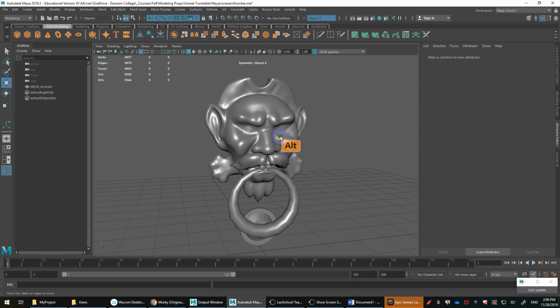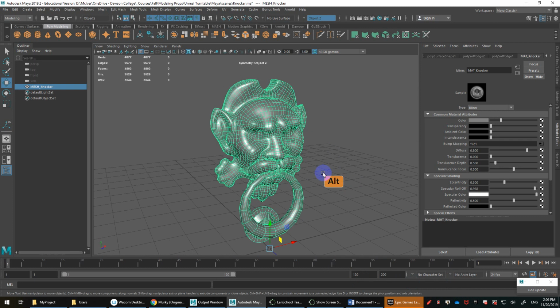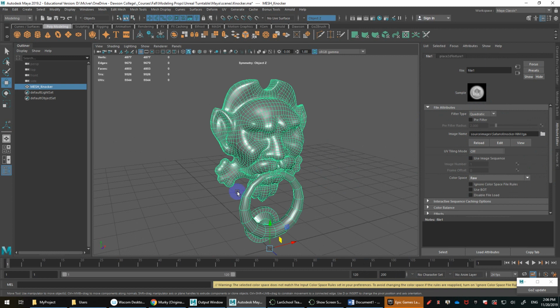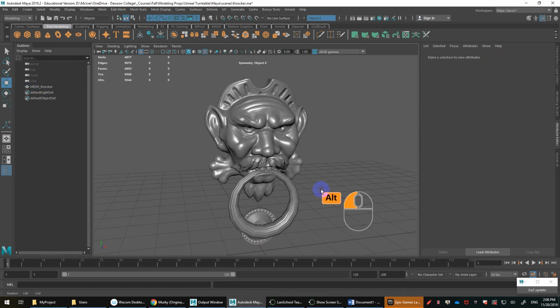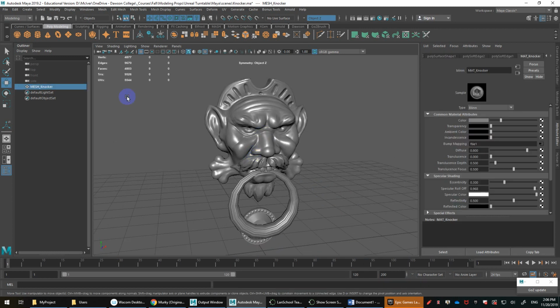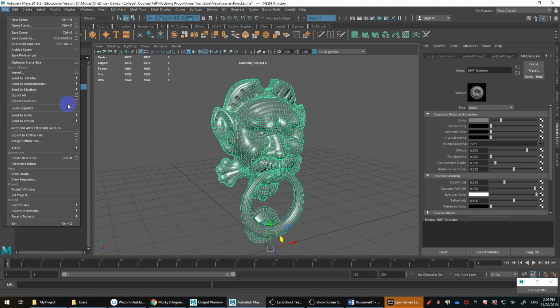Okay, so inside of Maya, I've got basically my mesh loaded, and I've got a normal map loaded as well. So that's basically loaded into a blend. And if you hit 6, you'll be able to see that with the texture detail. So you want to basically select your mesh, go to File, Export Selection,